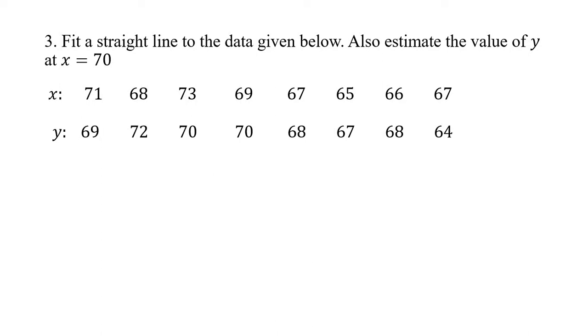So here there are 8 values of x and y. And the values of x and y are very big in number. When you are constructing the table, you may have to find out x square and x square y, and it will become very huge in number. So we can simplify the values of x and y by taking the origins. I am taking the origin for x as 69. You can take any value you like. I am taking the origin of y as 67.